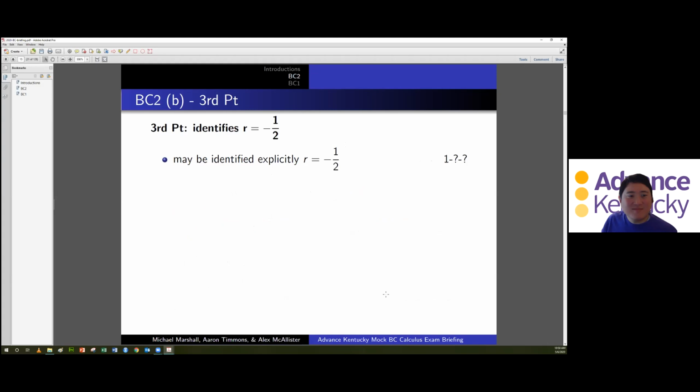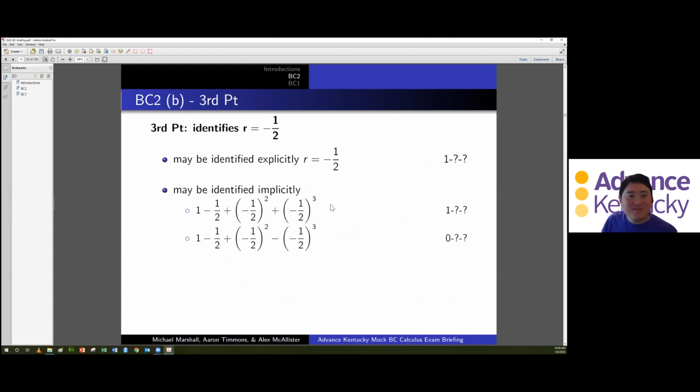What are we going to be looking for in this third point that identifies r equals -1/2? So there's several different ways this can happen. The student may explicitly tell us r is equal to -1/2. We've seen student work that does that. We're also going to allow the student to identify the -1/2 implicitly. So if we see the student, on the scoring guideline, if you look at what's written there,